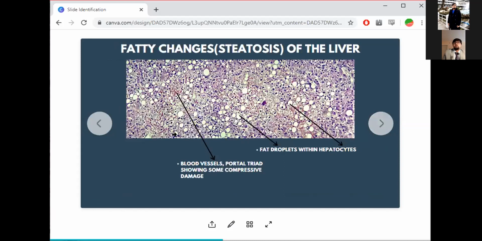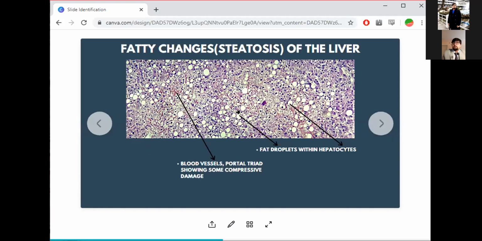Now, let's go to a bigger and clearer zoom of fatty changes of the liver. What I have done is to go much deeper on the slide provided to us by the uni, and I've also boosted the image. So you will get a lot of images, like when you go to the lab, you can click a lot of images of the slides that you see. But I would insist that when you take the image, you try to increase its clarity, increase the contrast and decrease the amount of light. You can do that in any photo editing app, right? And that way you'll be able to see more clearly what you're looking at here.